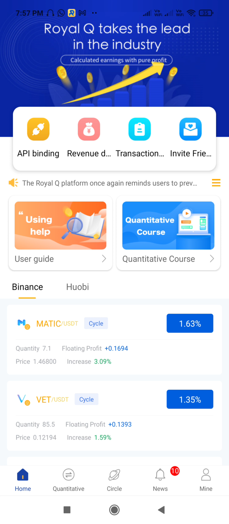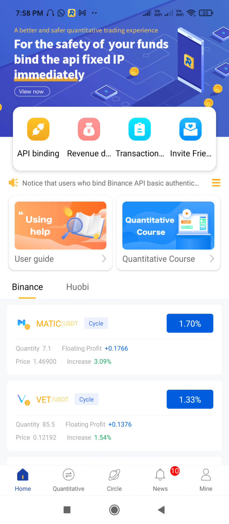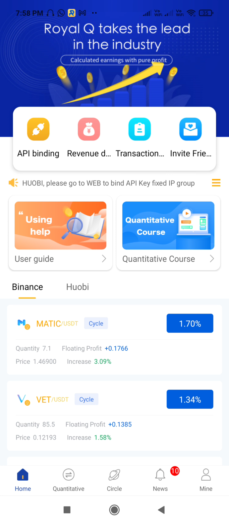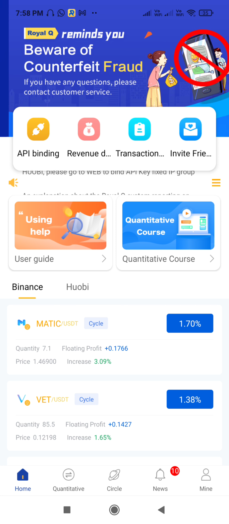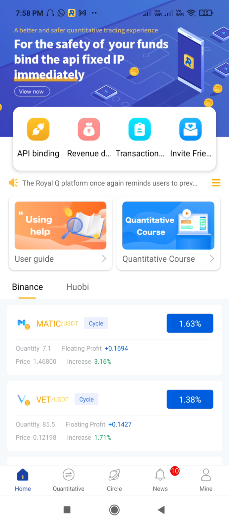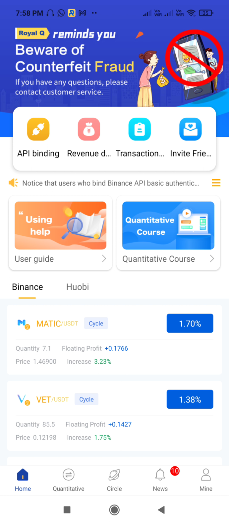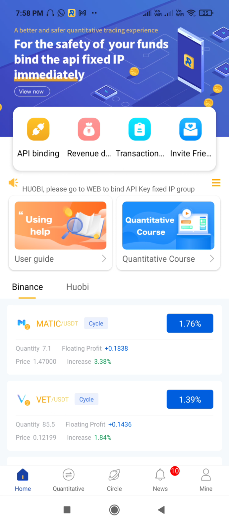Very quickly I will wind up by saying that as per my strategy of 7 coins, and you can increase, for one coin you require $160 if the first buy is $10. Again I will repeat, for one coin you require $160 with a first buy of $10. If you are using a $15 first buy, for one coin you require $240. For a first buy of $20, for one coin you require $320.